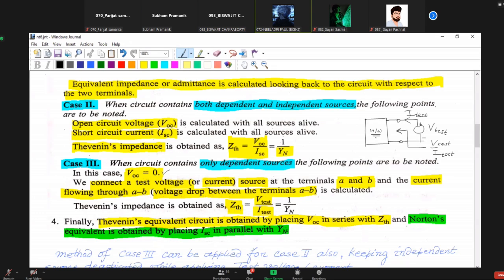So the value of V test can be anything. Yes, we can connect any voltage source, any V test. Normally, what we do, we just write this as V test or VDC, or you can write the current as IDC. You can take it as 1 volt. You can connect a 1 ampere current source, whatever. Actually, when you do this analysis, you will see that the values of these two are not important. Their ratio is important. So if you keep this as VDC and IDC, you will get these two terms in the equation.